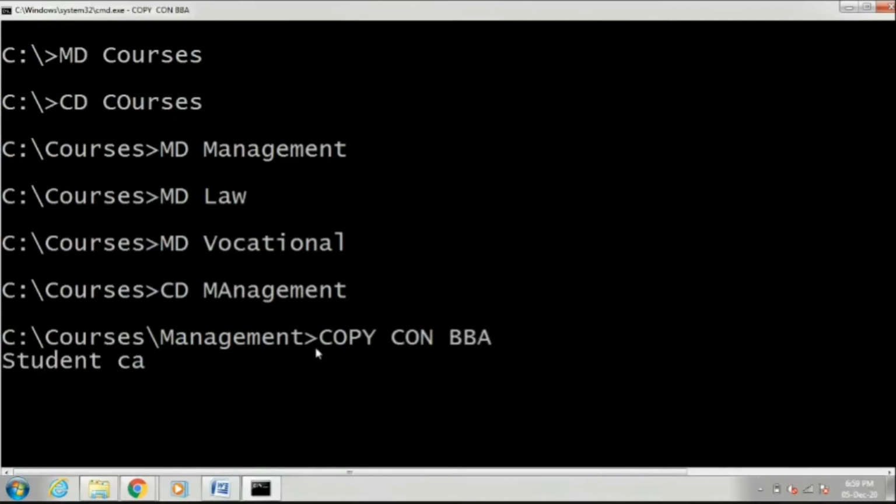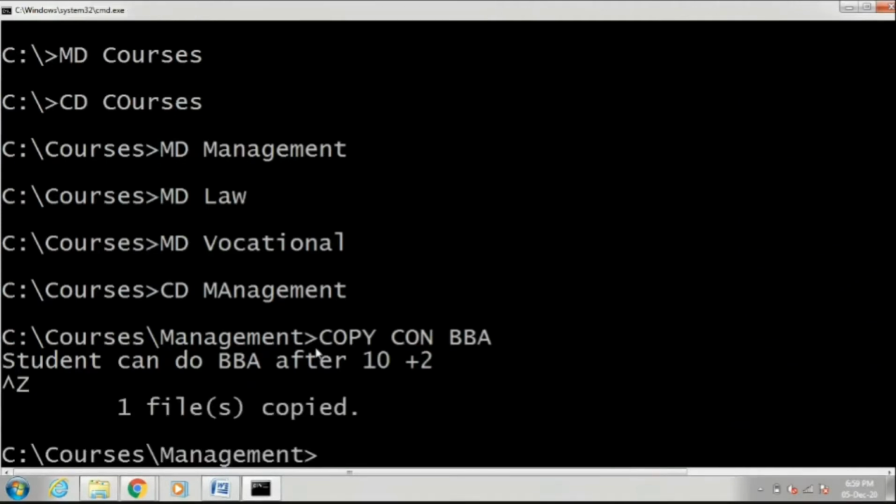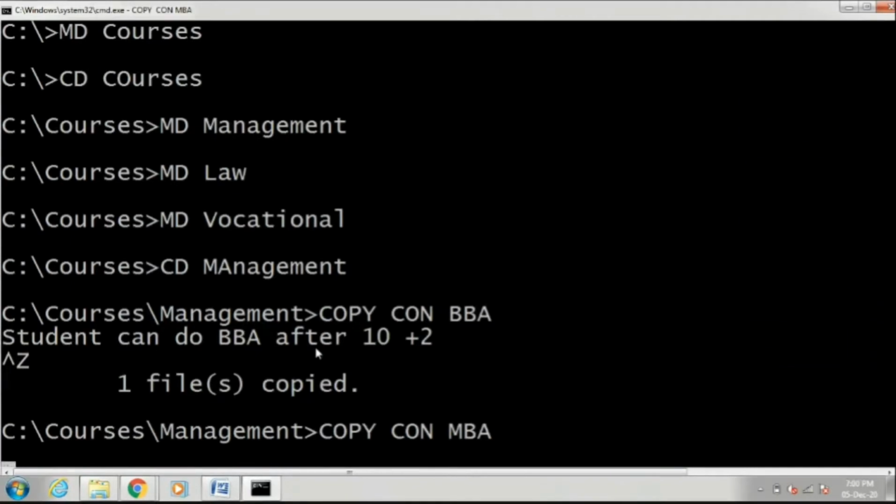Student can do BBA after 10 plus 2. This is random data I am entering, and in order to save the content, I need to press Ctrl Z and enter. My file has been copied. Now in order to create another file by the name MBA in the management subdirectory, again the copycon command, copycon MBA, enter.